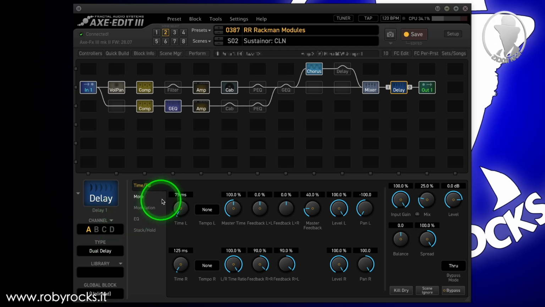minimum delay values of 75 and 125. On channel B, medium values 150 and 200. And on channel C, maximum values 300 and 500.